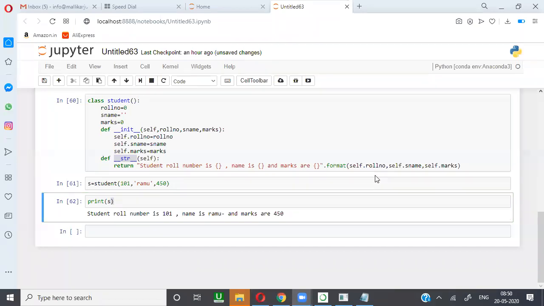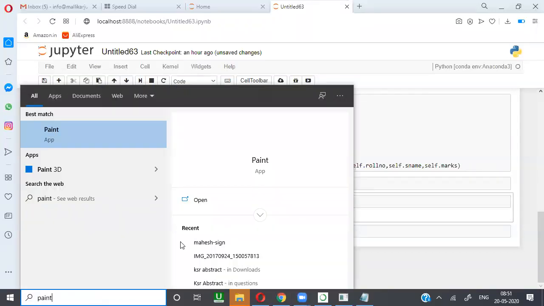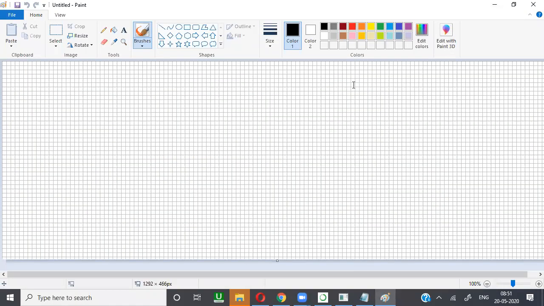So when you observe here, every object, every student is having its own copy, so for every object you require self. It is not for only one. For everything you require self. So now I have designed one student object.